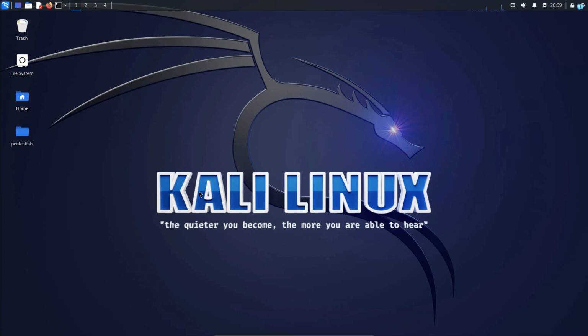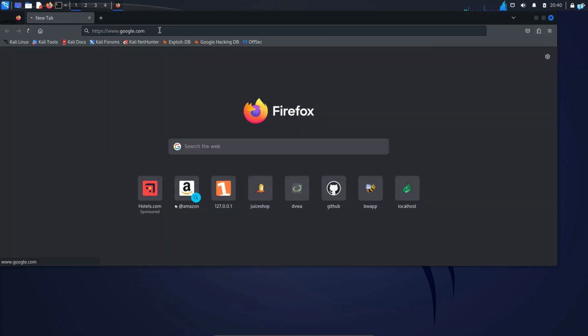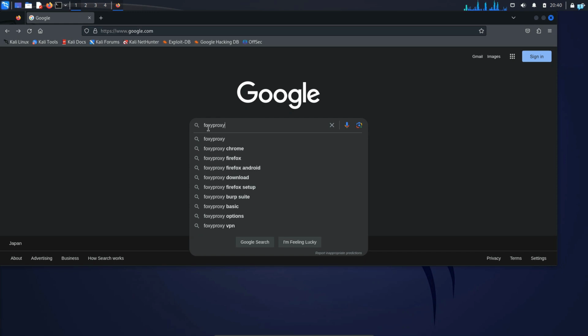In this video, we are going to be learning how to quickly set up Foxy Proxy with Burpsuite on Kali Linux. So let's get started. The first thing you need to do is open your browser and go to google.com and type Foxy Proxy Firefox